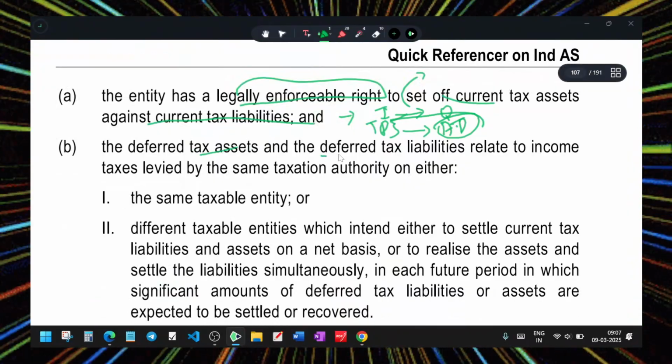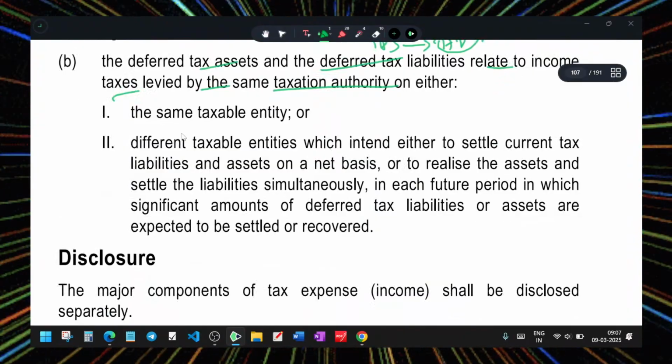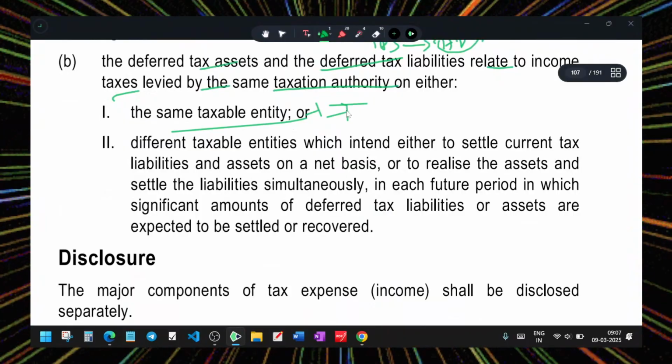Deferred tax assets and deferred tax liabilities relate to income taxes levied by the same taxation authority on the same taxable entity. So usually you can put anything